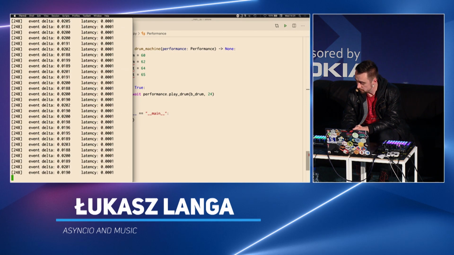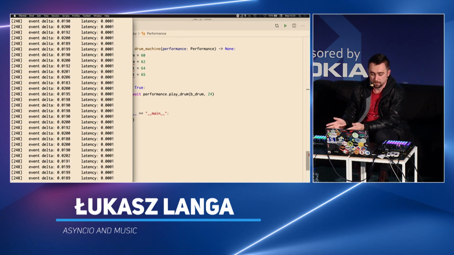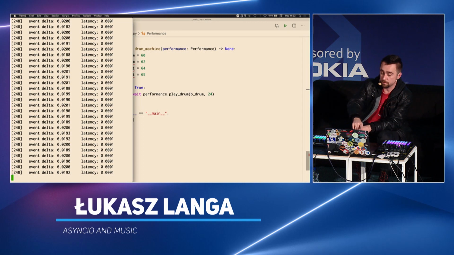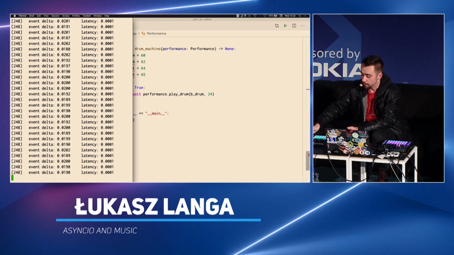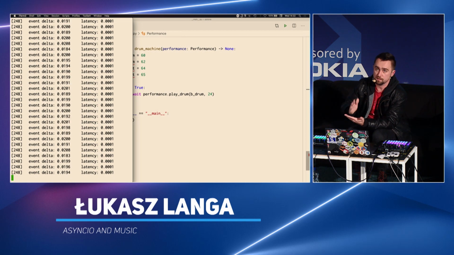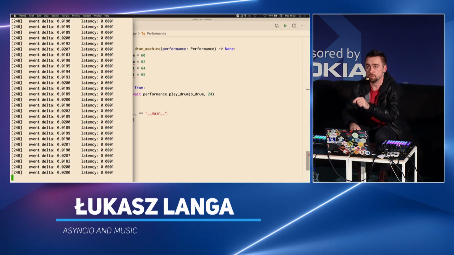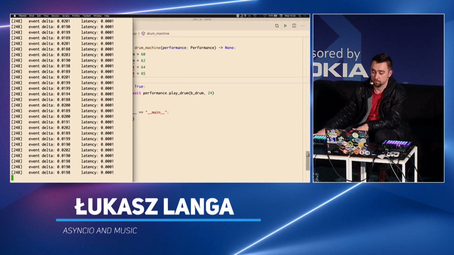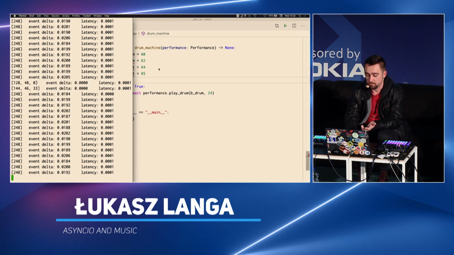So now, is anything playing? No, it's not, because we didn't press start. We are clocking the performance from a hardware synthesizer. So now nothing is happening, even though you can already see that all the events going there mean at all times the circuit is telling us how fast to go, 24 signals per quarter note. But we didn't press start, and we programmed before that we are only ever going to create the drum machine once we press play. So if we do, we have a rather simple